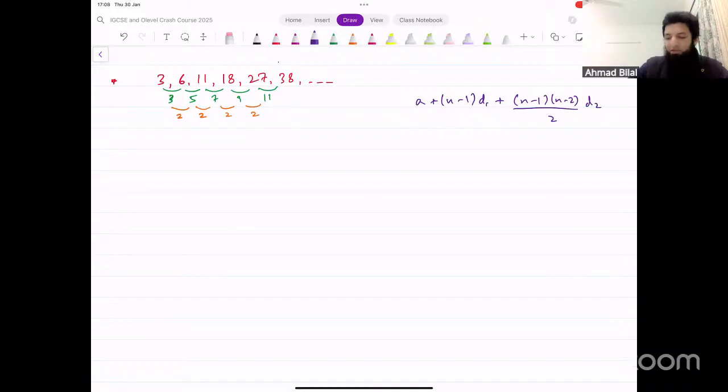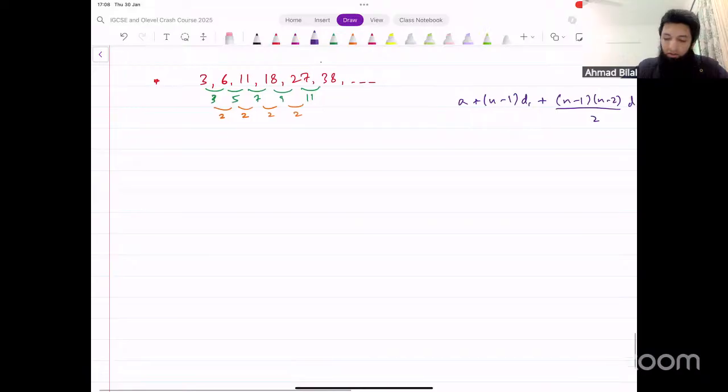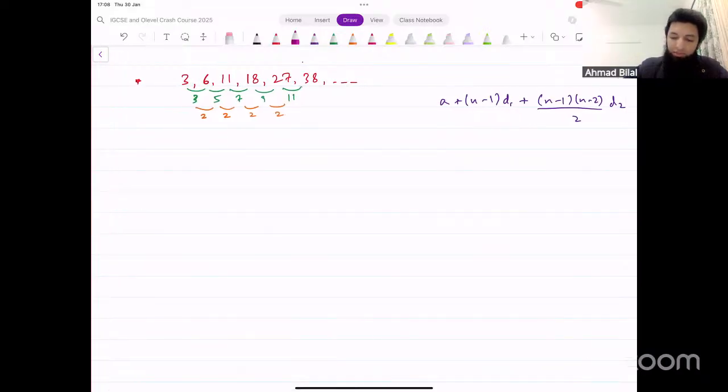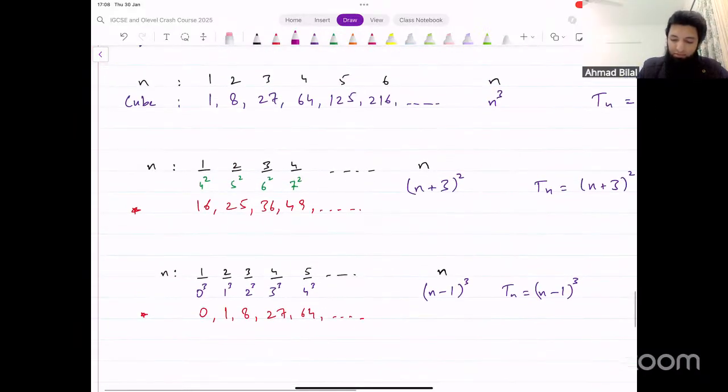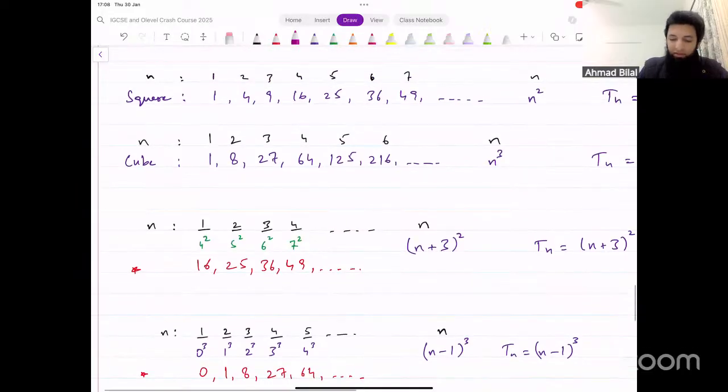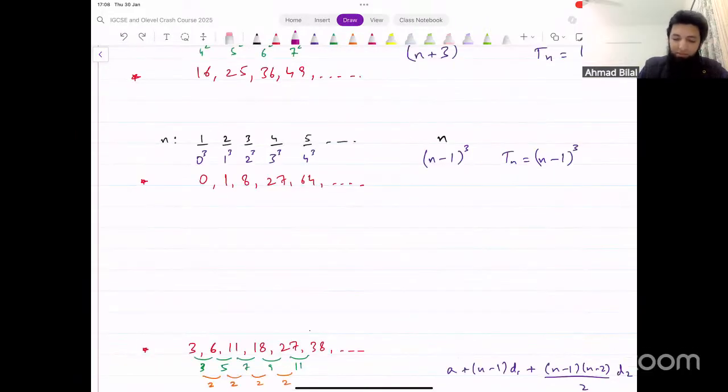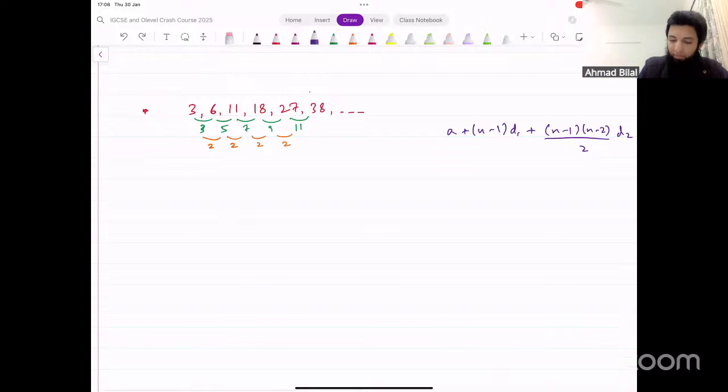You could input values in that, find the formula. The other idea could be to use the square sequence. If you're able to recognize that, this is the square sequence, right? It could be done much quicker if you're able to figure out that it's just the square sequence plus something,